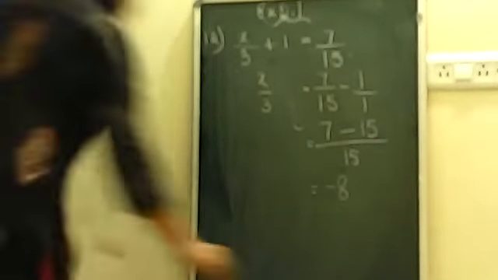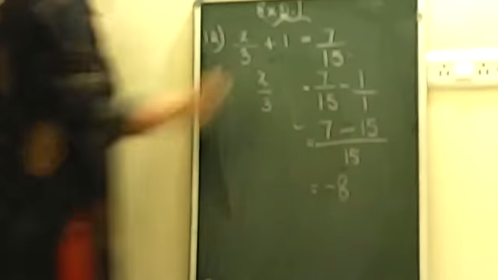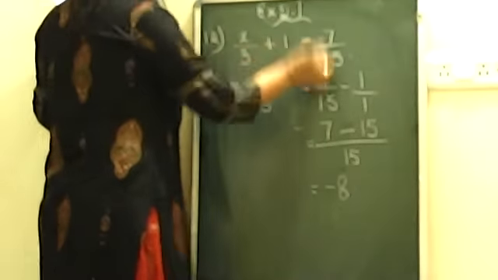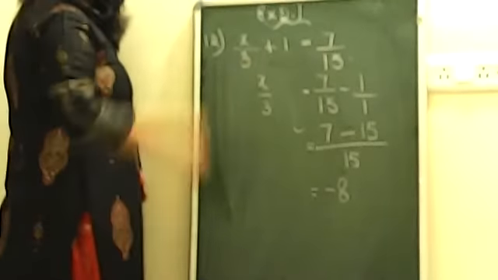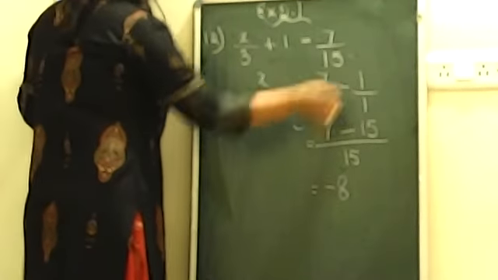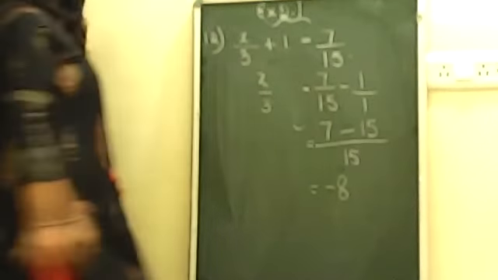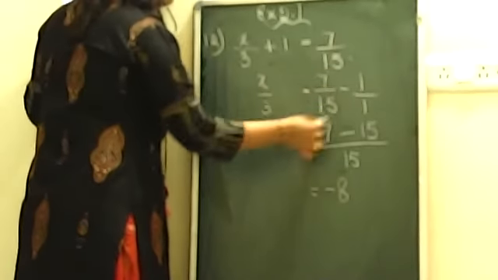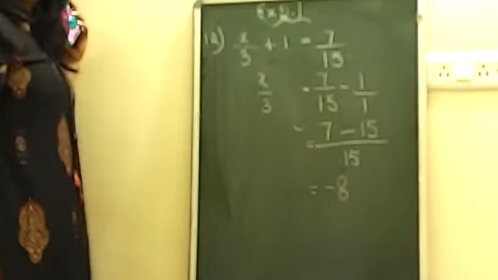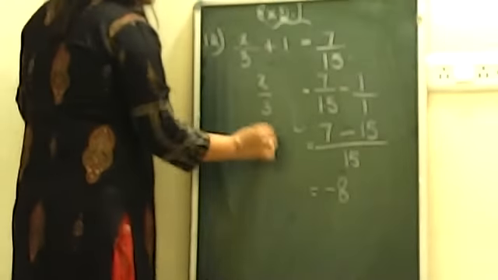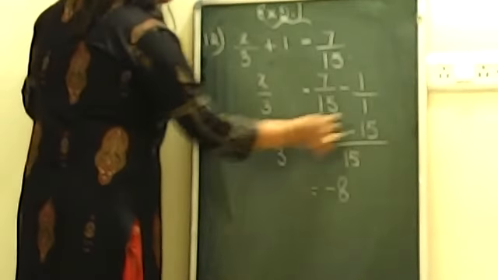Okay. So as we were doing exercise 2.1, question number 12, I was telling you here that x upon 3 plus 1 is equal to 7 by 15. And when you solve it further, plus 1 will go that side, which will give you 7 upon 15 minus 1, which we have written 1 by 1 only. And after writing 1 by 1, we have solved it like a normal fraction by using the LCM. Now, after using the LCM, it will give you 7 minus 15 upon 15.